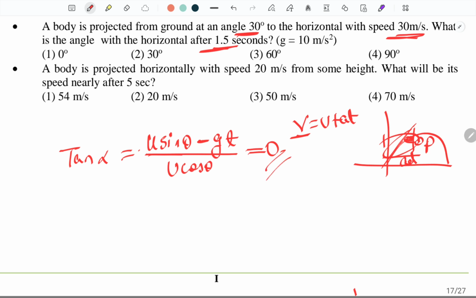you get the answer 0. So the answer to this question is 0 degrees. I hope you have understood. All you need to understand here is, how did you get this formula? Tan alpha is given by y coordinate by x coordinate. Y coordinate is